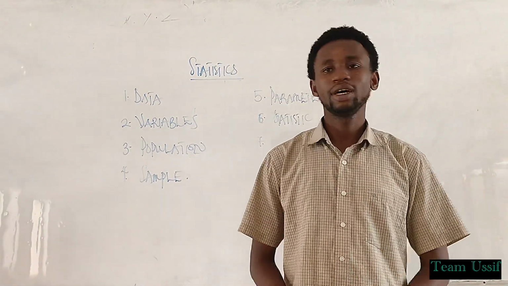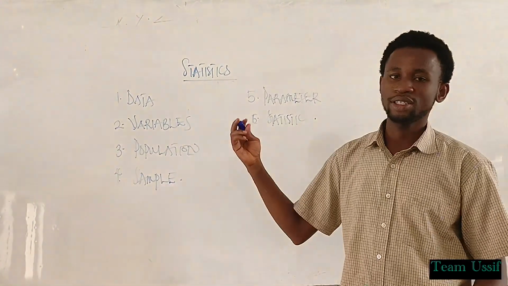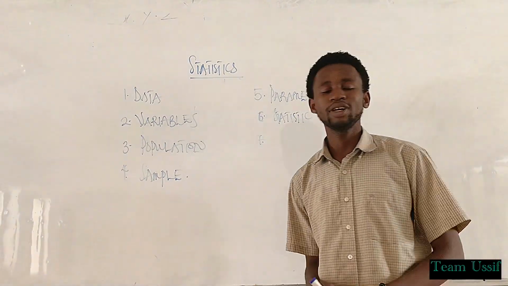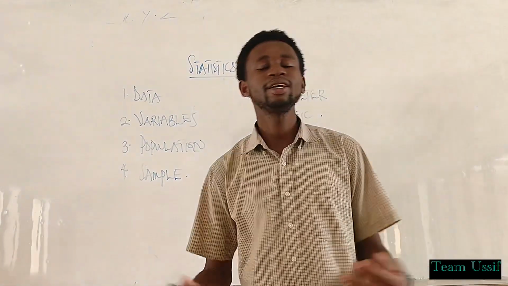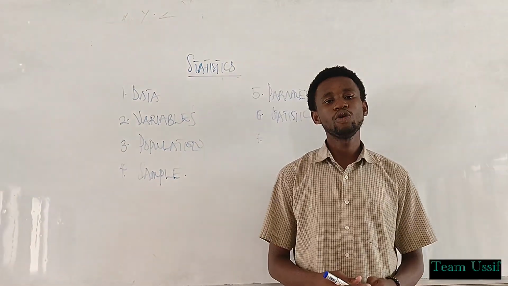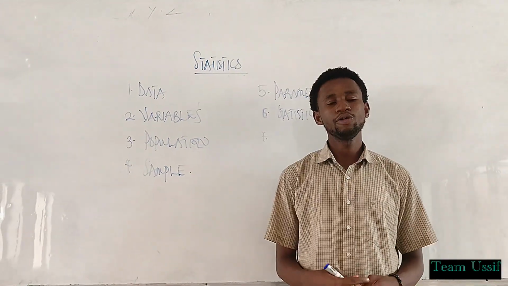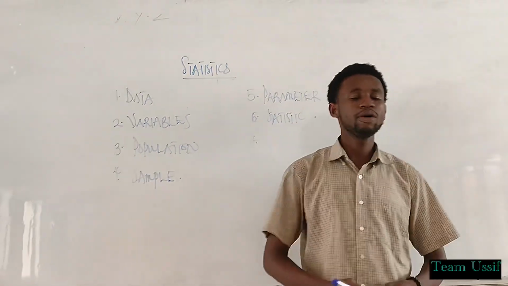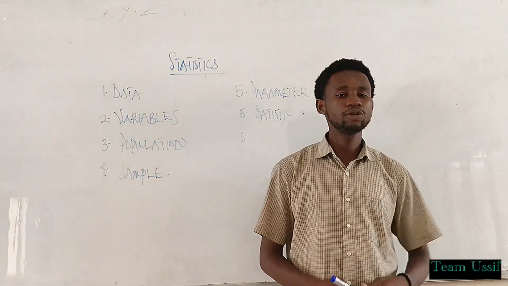You understand? So when I was explaining statistics, I said data. Data is basically the raw facts and figures that you go and collect, the things that you collect for the statistics that you are going to do, or for things that you are going to study. You understand? So we have sources of data. We have the primary source and the secondary source.